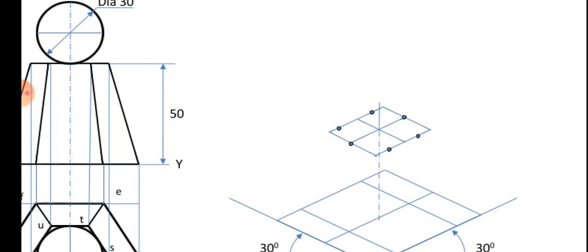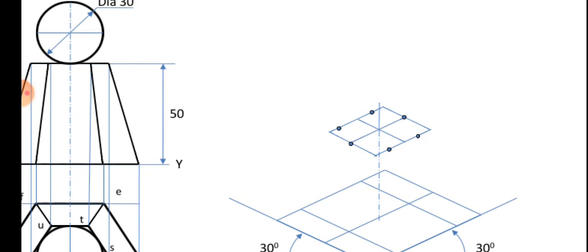Got it? So I will take the compass now, keep it on this point and draw a circle of a particular radius. That radius is not ISO 15. That radius is actual 15. That is the difference when you talk about a sphere or hemisphere. Whenever you take the height, in all cases of the sphere and in all isometric drawings, the height is ISO. The radius of the circle you are drawing is the true radius. I hope it's clear. I am repeating that again and again.